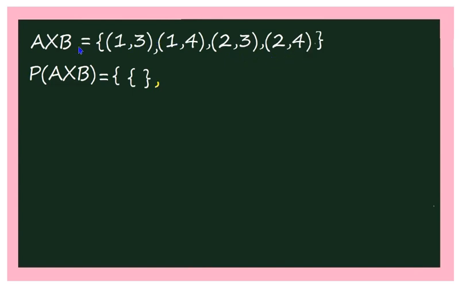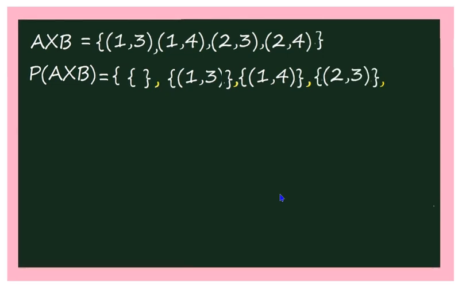Here 1 is not an element of A cross B. And that's why you have to write the subsets of A cross B which contain one element. What is that element here? It may be 1 comma 3, 1 comma 4, 2 comma 3 and 2 comma 4. Like that you can write 4 subsets, and you have to write them in a flower bracket like this. That is the set containing only one element. What is that element? 1 comma 3. Next is the set containing one element 1 comma 4. Next is the set containing 2 comma 3 and the set containing 2 comma 4.